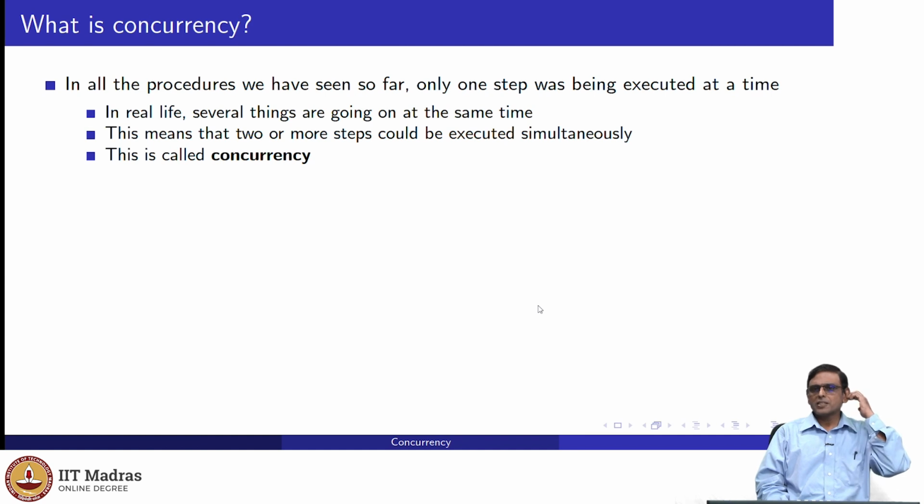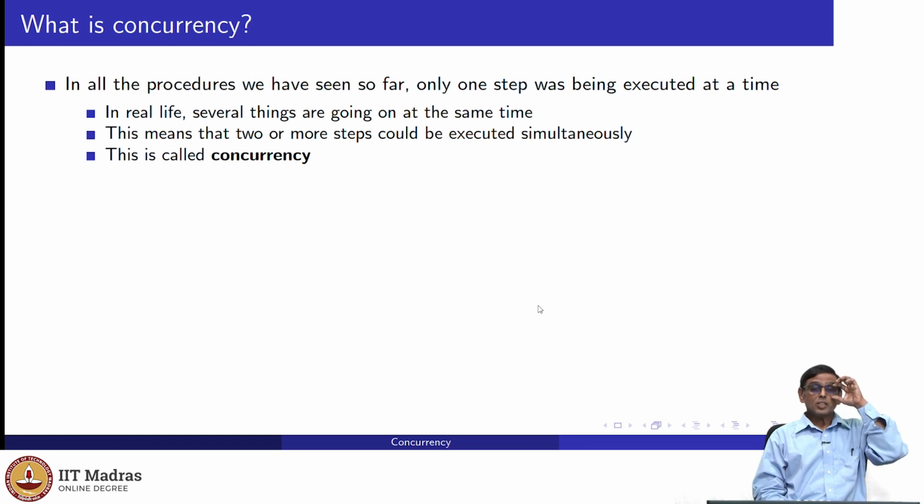Now we want a simple way of representing concurrency, putting it down in some kind of codified form, and managing it in a way that does not create problems for us. What kind of issues can come up because of concurrency, and how do you manage those issues, is what we have been discussing this week. In the lectures you have already seen, and in this one we will expand on that a little more, to understand the concepts by fixing them in a codified form, on which you can then work on problems.